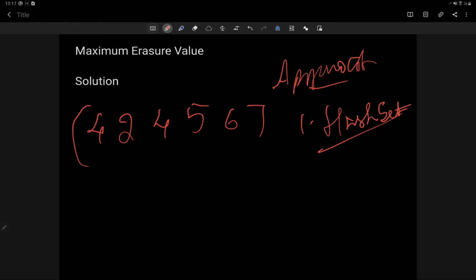A set is required in order to maintain uniqueness. I hope it's clear why we require a set. Now moving on, what would be the next thing required? The next thing required is a kind of window, for identifying the unique subarrays.